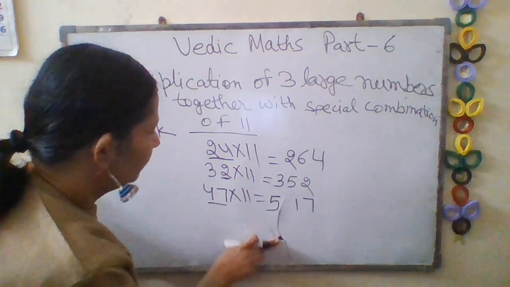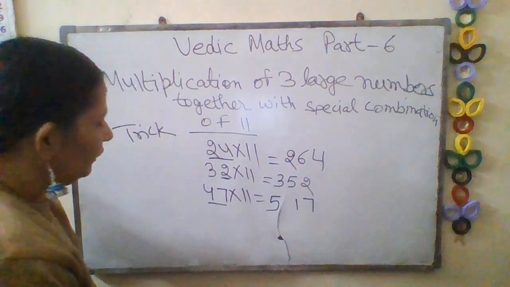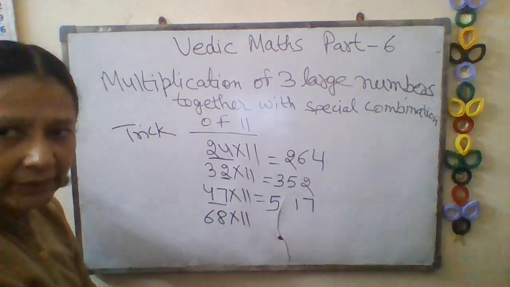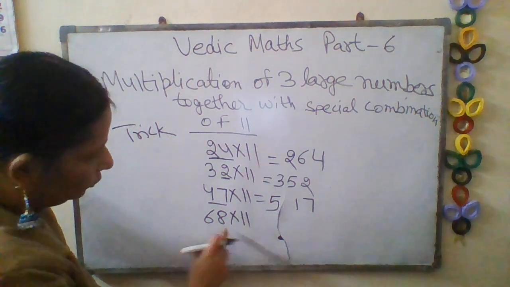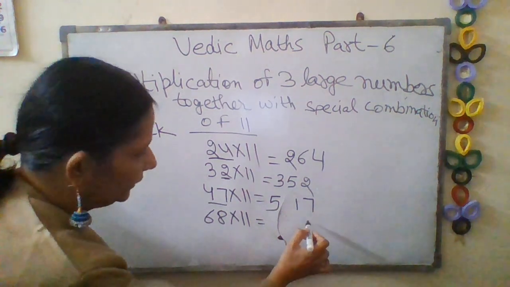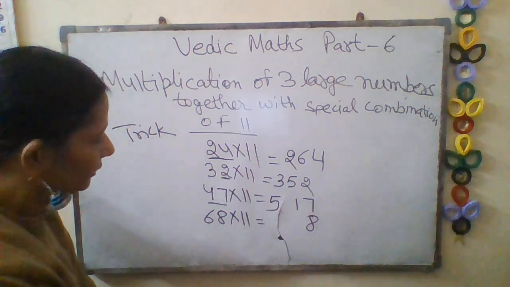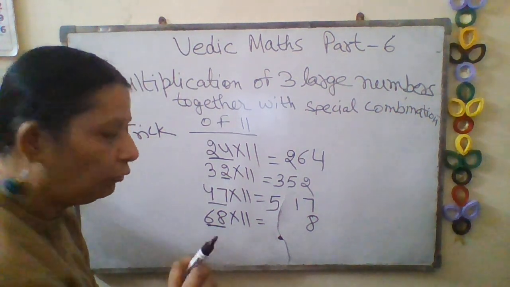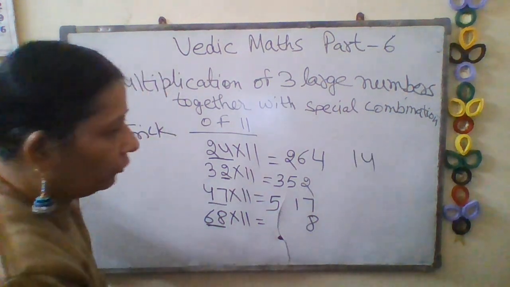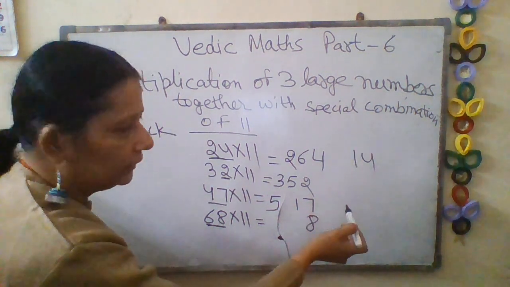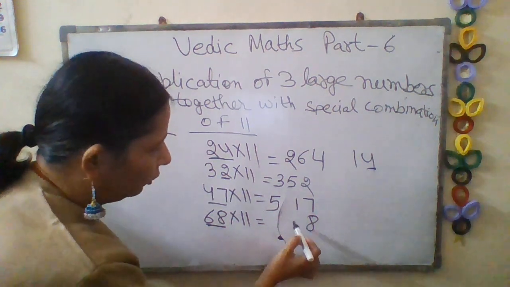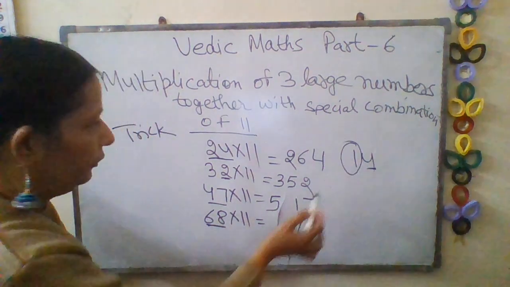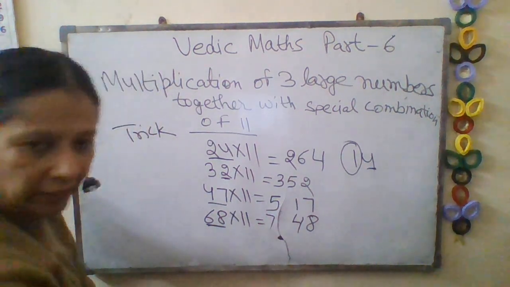Now let's discuss some other cases also. Now see, if you have to multiply 68 into 11. As I told you, what will you do? Last number here is 8. You will write down the last number as it is. Now you will add 6 plus 8. 6 plus 8 is equal to 14. From 14, you will not take two digits. You will take the unit digit, 4. Write down this 4 here and 1 will be carried forward. You will add this 1 with this 6. So you will get 748.